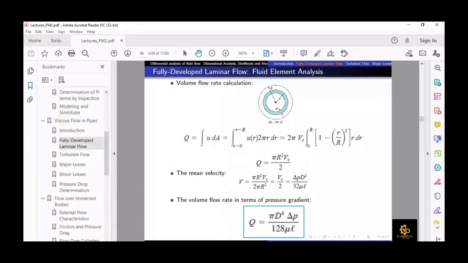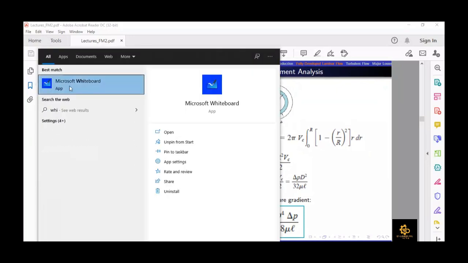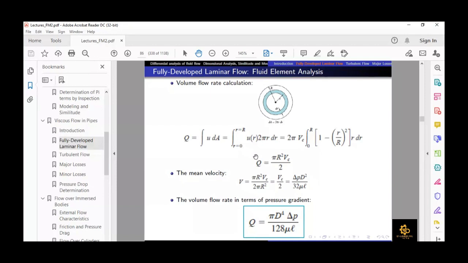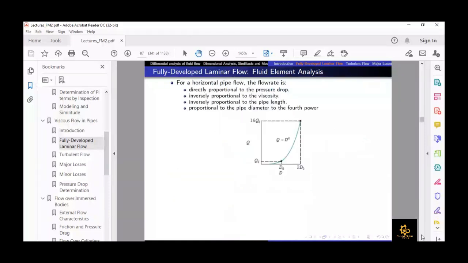And in the last class, we discussed the derivation of the relation between shear stress, pressure drop, and the volume flow rate in a fully developed steady laminar flow through pipes. If you remember the last slide we covered, we discussed that the velocity and volume flow rate are functions of